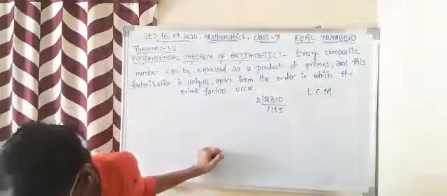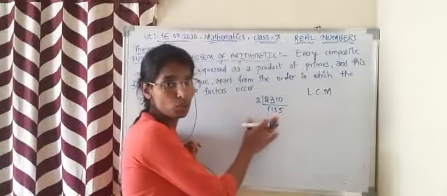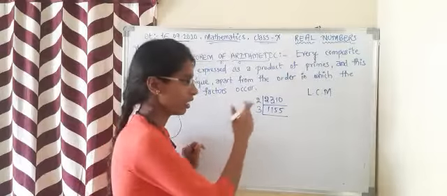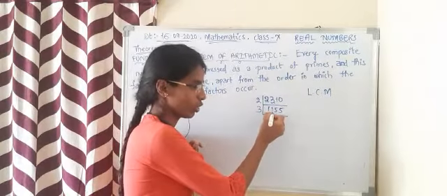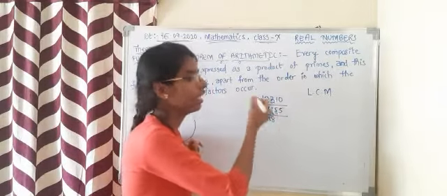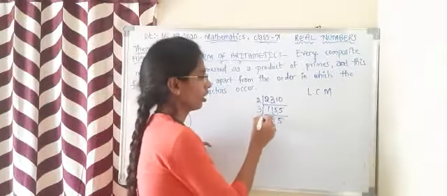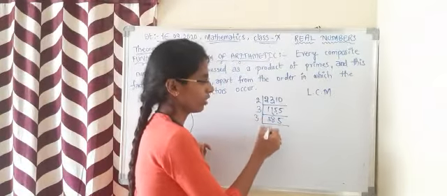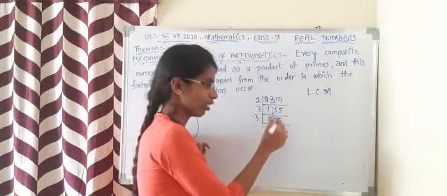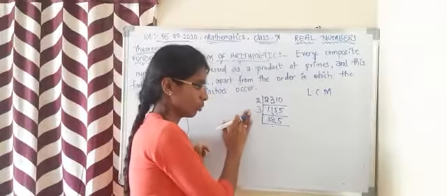Now, we can also solve it by using 3. It is an odd number, so we cannot solve it with 2. So let us take 3. In simple, 3 threes are 9, 2 remains here, 3 eights are 24, 1 remains, 3 fives are 15. Now let us again try it with 3. 3 ones are 3, 3 twos are 6, and here 2 will remain. 25 will not come in the 3 table, so we shall remove it.